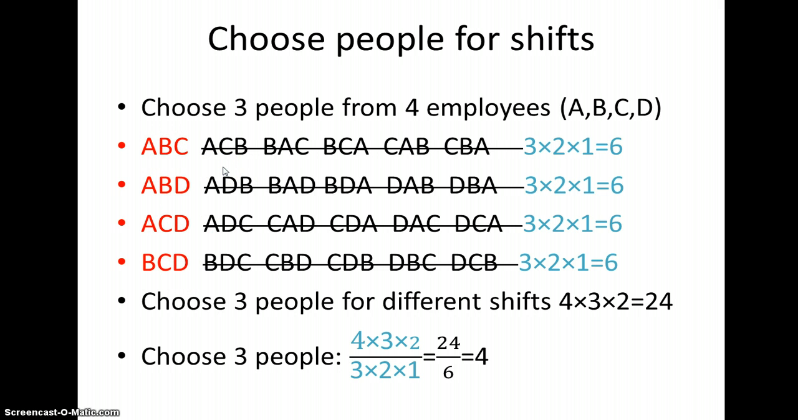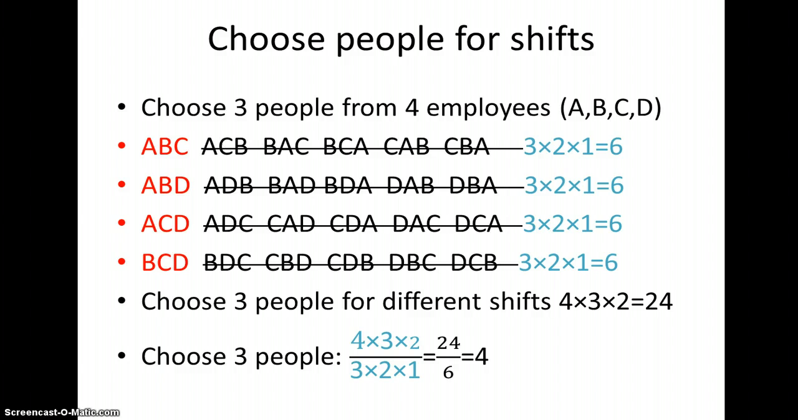In the previous example, because we have to do 3 different shifts, we can change the orders of these 3 letters. But in this case, since all 3 of them will work tomorrow, either we say ABC or ACB or BAC, BCA, CAB, or CBA. These are the same 3 people working in one day. So they are kind of redundant if we want to consider how many different